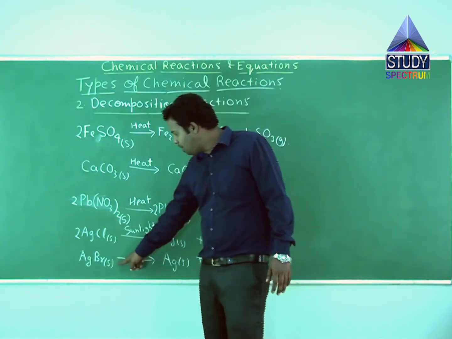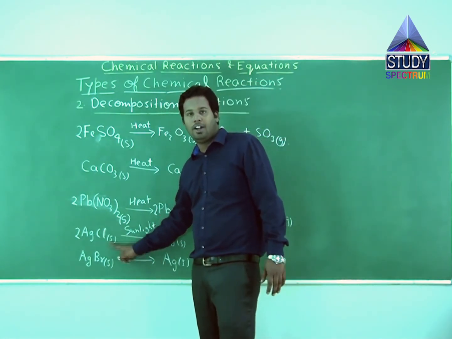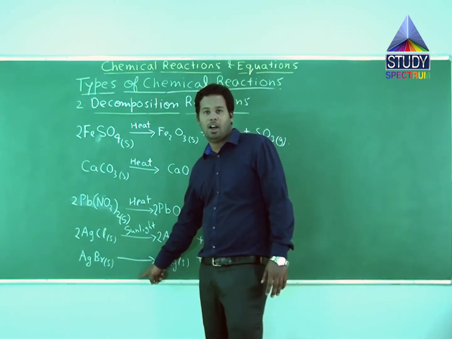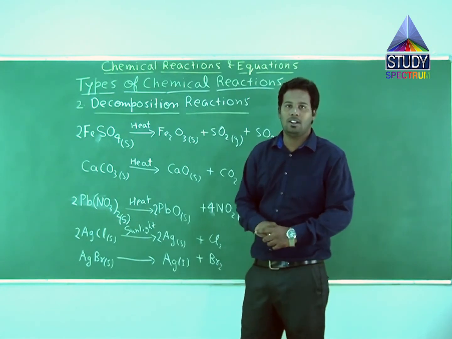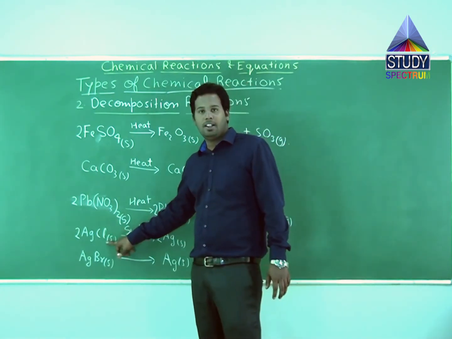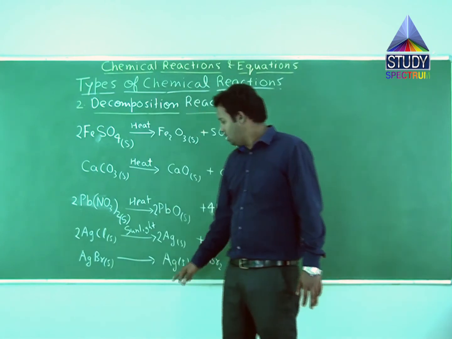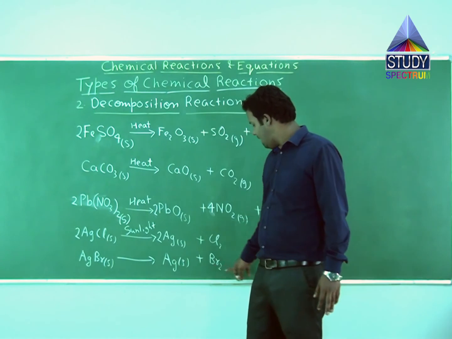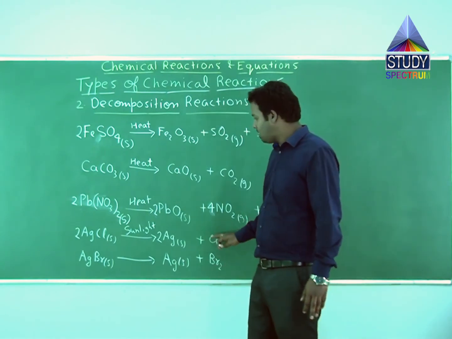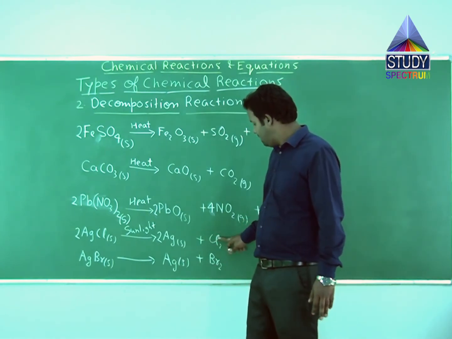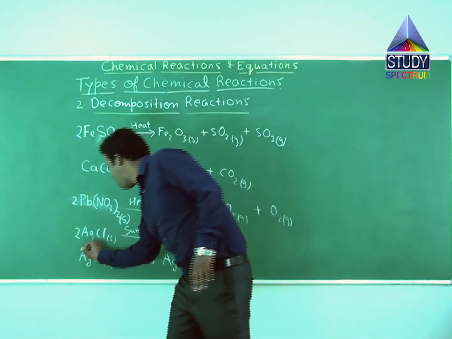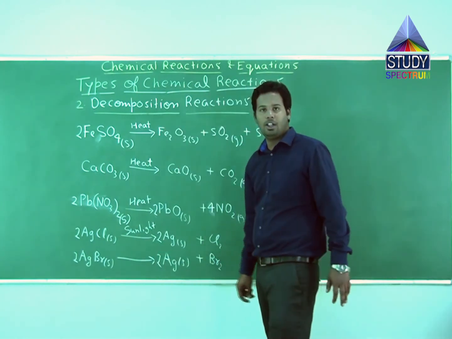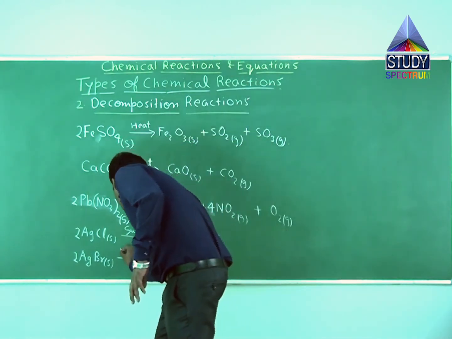Similarly, if you see AgBr, all that is different from the AgCl reaction we have seen just now is that the halogen has changed. The above one contains chlorine, the below one contains bromine. The last reaction which you can see is AgBr being converted into Ag and Br2. Both the reactions are of the same type. So for balancing, I can simply place 2 over here and 2 over here to balance the equation. This reaction also requires sunlight